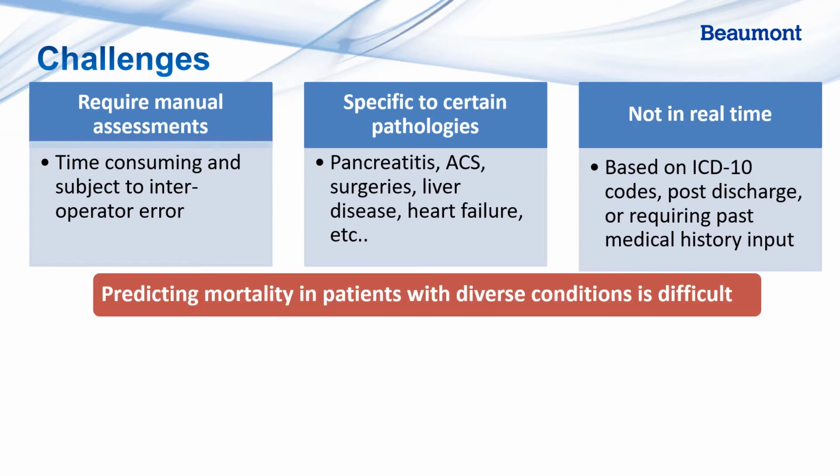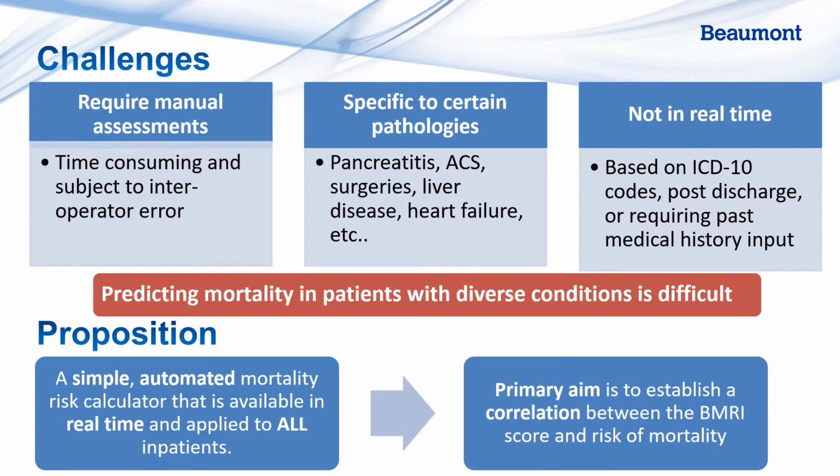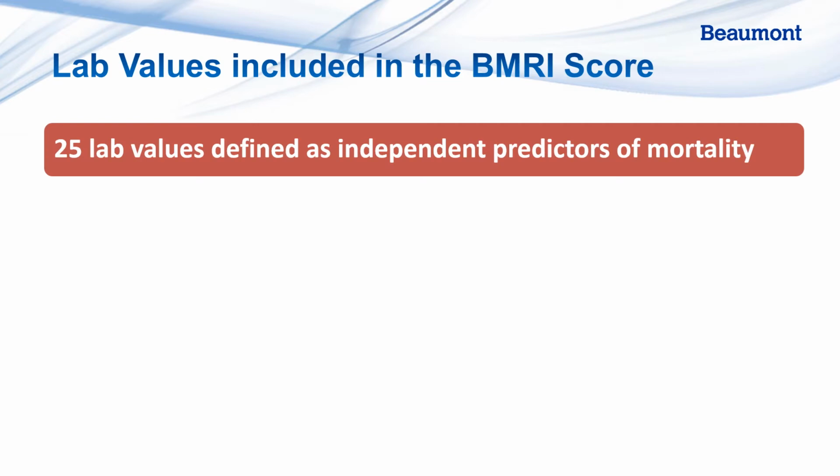For this reason, it is not unreasonable to say that predicting mortality in patients with very diverse medical conditions and a diverse population is very difficult. We as a team got together and wanted to develop a very simple automated mortality risk calculator that is available in real time and can be applied to all inpatients. Our primary aim was to create a correlation between mortality and a patient's score with this calculator. Our calculator is based upon a set of 25 lab values